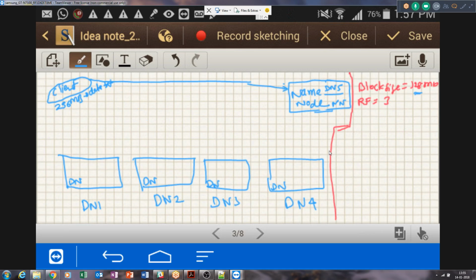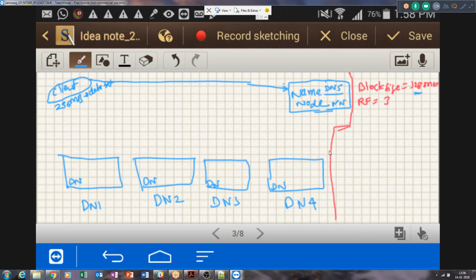Now here there are 4 data nodes available: data node 1, data node 2, data node 3, and data node 4. How will the name node know which of these data nodes are available? They are not part of the same machine, they are all completely independent machines connected over the network. So if the name node wants to know which of the data nodes are working, or at least in healthy status, it should know which of them are alive. How will the data node tell the name node that I am alive and you can use me to store the data? That is the first question that should come to mind.